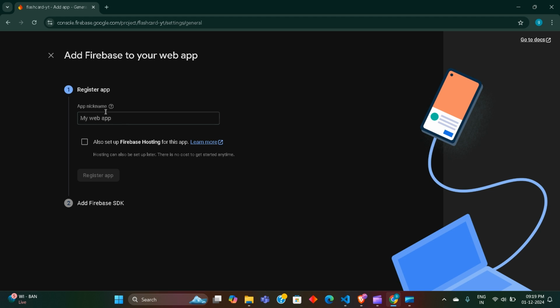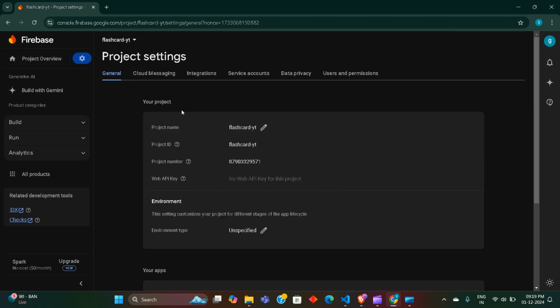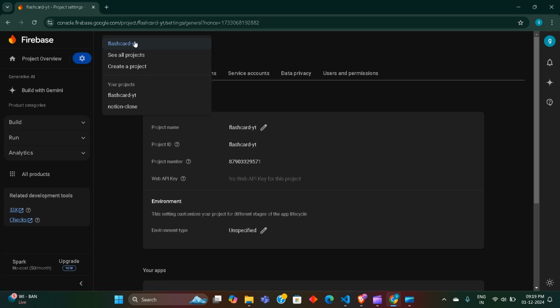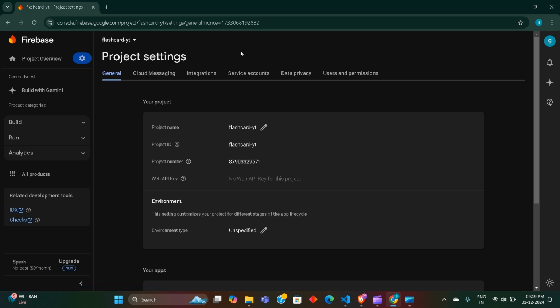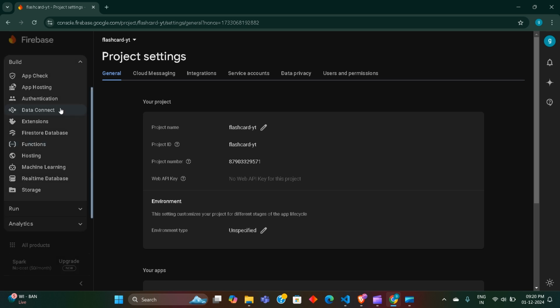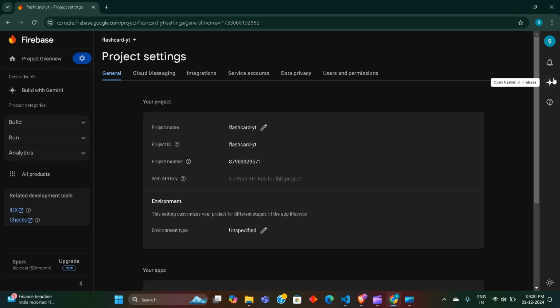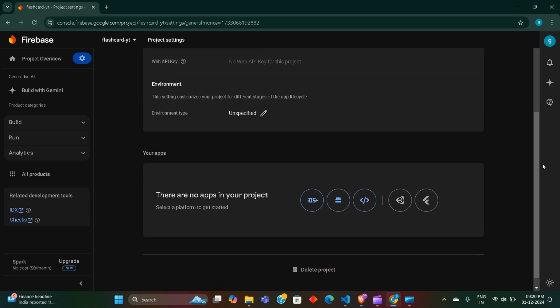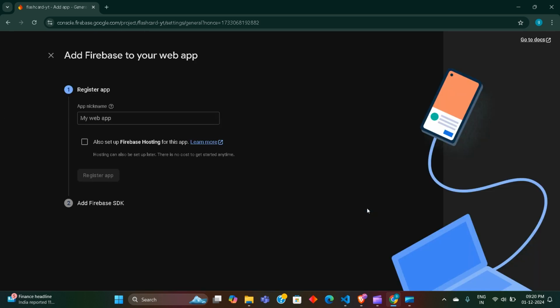This is, see how Firebase works is that first this Flashcard YouTube is the wrapper which contains everything. It contains a lot of features. You can see here app check, hosting, authentication, extensions, data store, etc. But for using it we first have to create an app. It will have some API keys and all that. So you can give any name here. I'm going to use the same name,